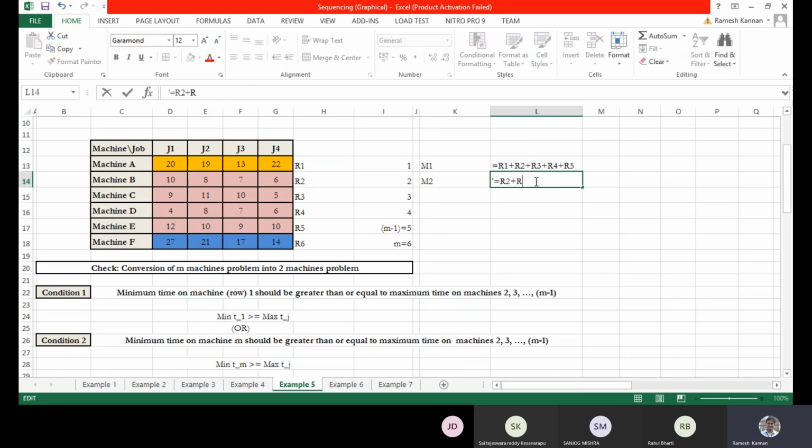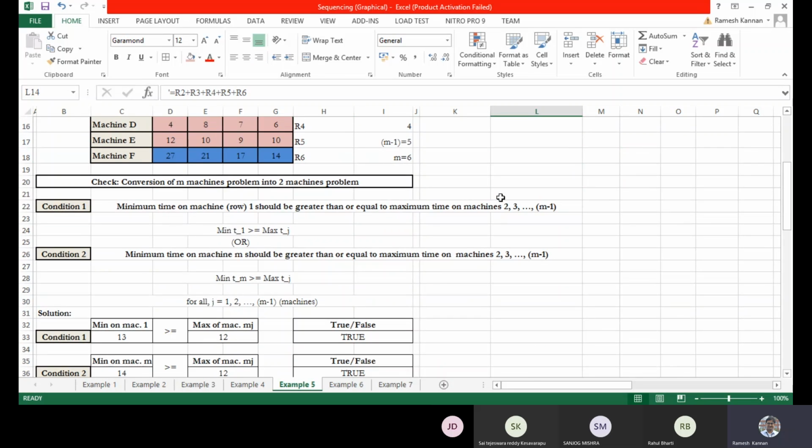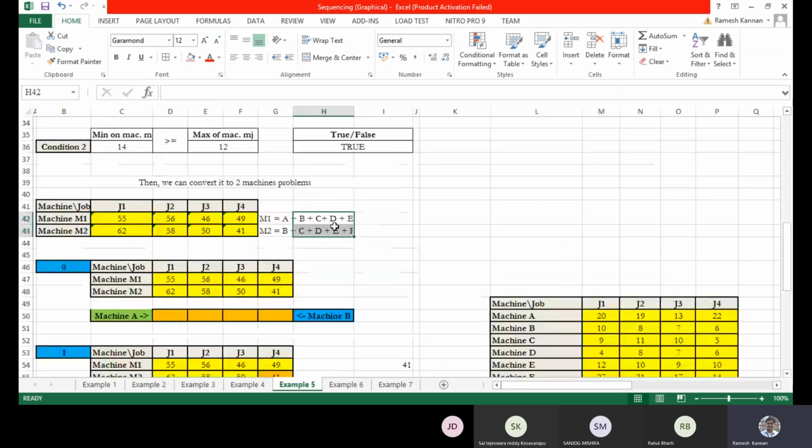In this case it is R2, R3, R4, R5 plus R6, where R6 is M. So this is M minus 1 and this is M. That is why I've given here A, B, C, D, E, and this is B, C, D, E, F. This is an important thing that you can take a look at.